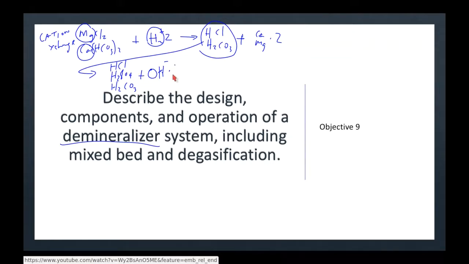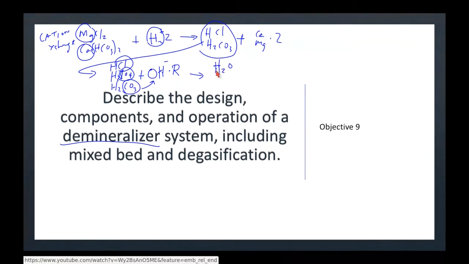And in this case, the resin is called R.OH. I know I got it backwards here. I just ran out of room. So R.OH. And so now what we're going to do is exchange the anions. And we're going to exchange the anions for hydroxyl. So what we end up with then is